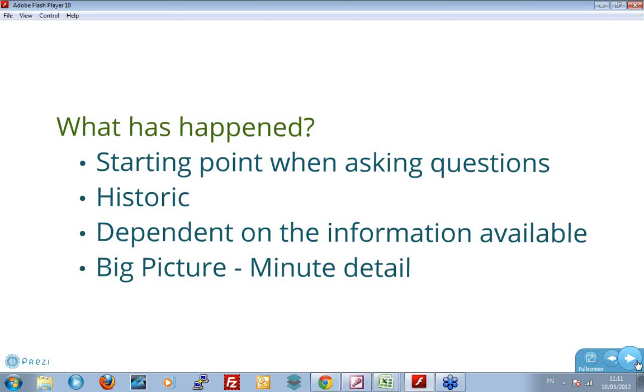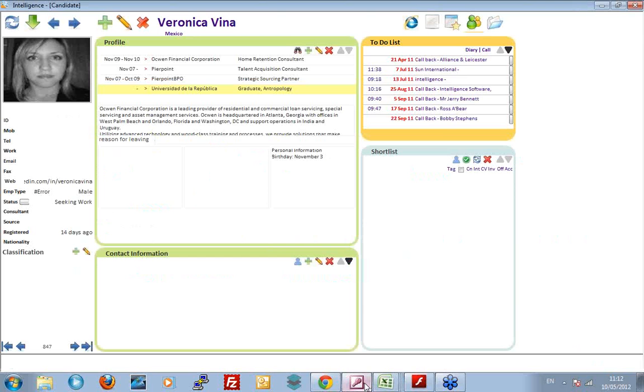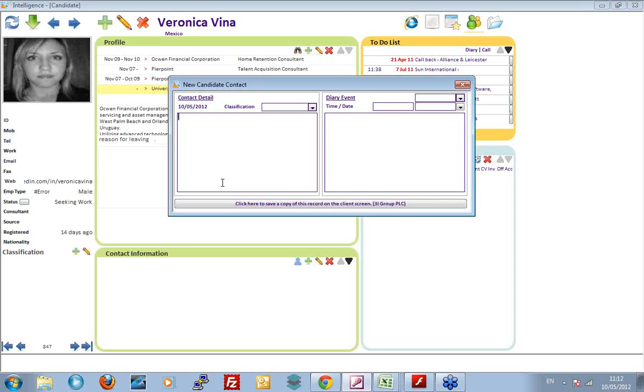Whenever you record information with Intelligence, I'll actually show you Intelligence. I'll show you one of the problems we had. It's open on my computer. This is Intelligence. This is a candidate screen, so if I want to talk to this candidate, I might create a contact record called about a job, and I can classify that. This is one of the big problems we have. This classification drop-down list, this is what I put in as default, which I thought was a good idea at the time, but it actually turned out to be a disastrous idea.